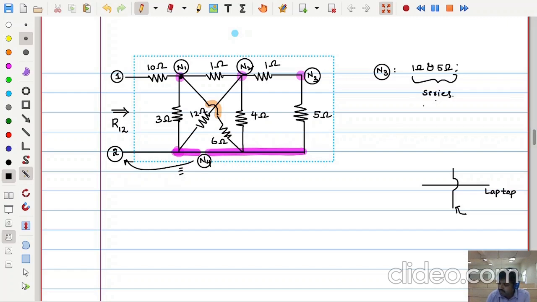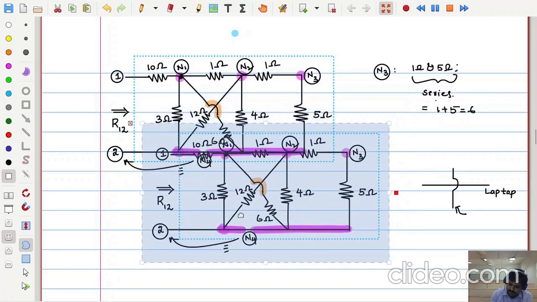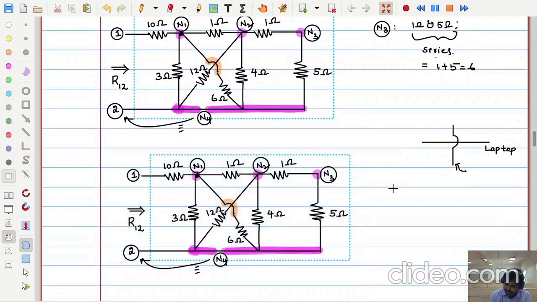If these are two in series, how much is its equivalent? 1 plus 5? How much is it? 6 ohms, sir. 6. Now I will replace that corresponding thing by its value immediately. Now that corresponding node will vanish, we know that. And where do we connect that corresponding element? Tell me.